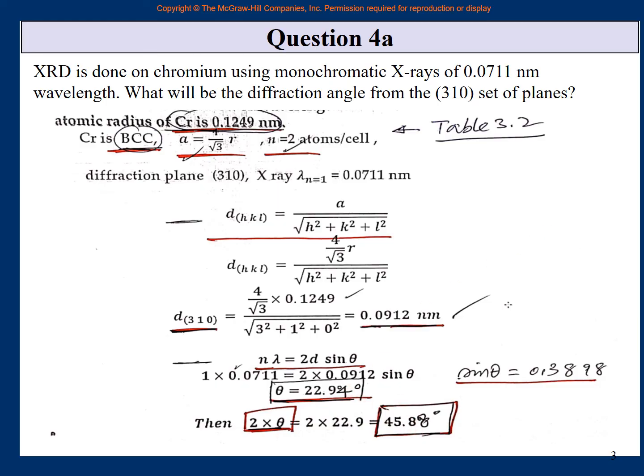Now let me just remind you of two things. One is that if you solved this last part correctly, then you should be very happy with yourself. You should be very confident that you have really understood the mechanical properties of metals very well, with the diffraction part of it, XRD diffraction. This should give you a lot of confidence.